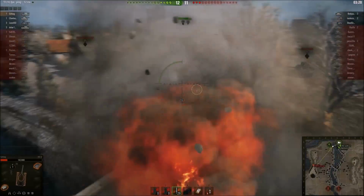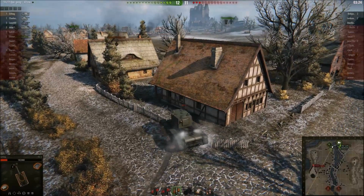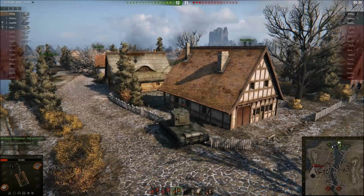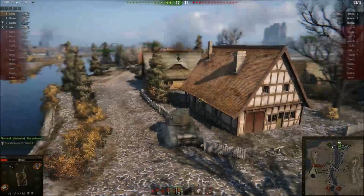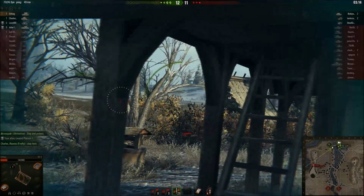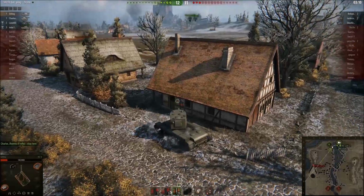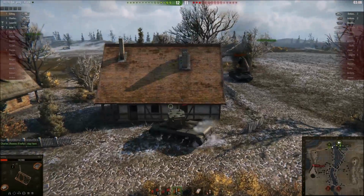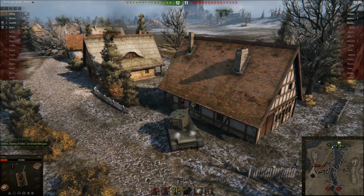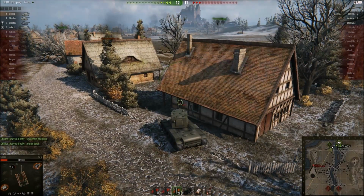sort of forward advanced position, not so much as a scout, because like I said in the beginning, the spotting and radio range of this thing isn't really great enough to spot for your tanks unless you go by trial of fire, as I mentioned in the previous two replays. So I decide to just stay here and act as an advanced position. If I spot anyone, it will be by proximity to decking, so hopefully my teammates will be able to do that. But the problem is that we're all